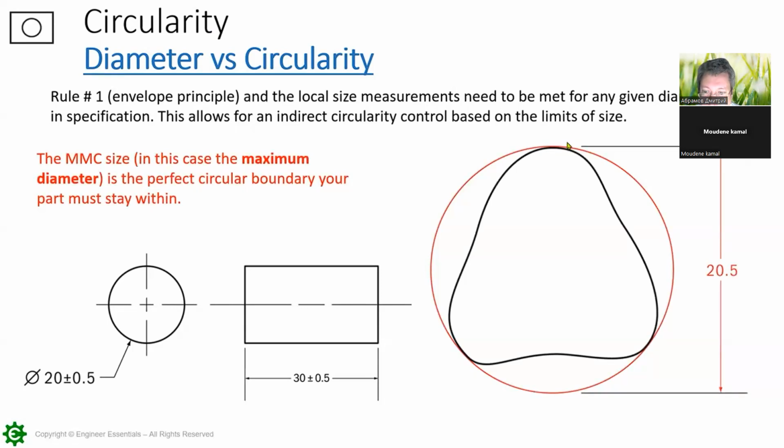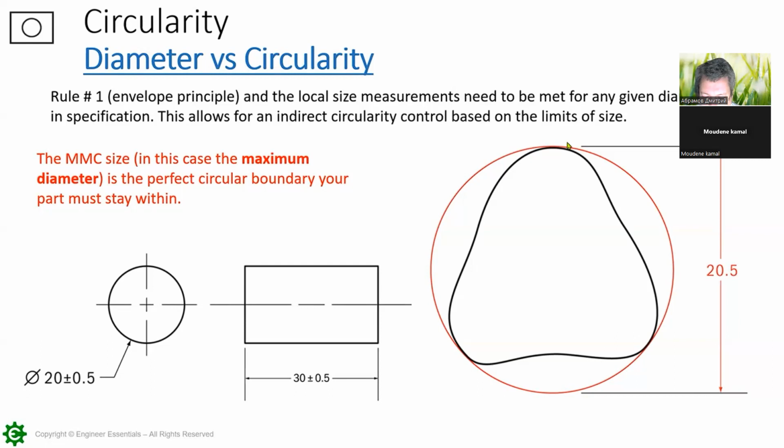Now, that size dimension down there, that 20 plus or minus 0.5, does have straightness and cylindricity involved with that too. So when it comes to these form controls that are built in by rule number 1, it's whatever is applicable, meaning what does the geometry look like? If it was a flat surface, well, then it would be straightness and flatness. Flatness being the 3-dimensional, it would wind up being flatness and indirectly controlling straightness. But for this topic, we're really just looking at the tolerance zone of circularity and want to show you something that